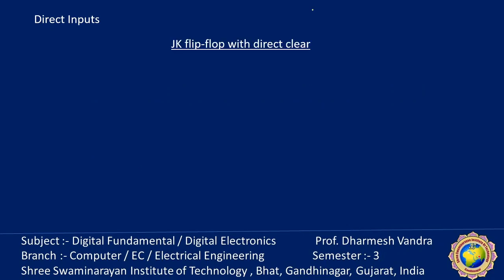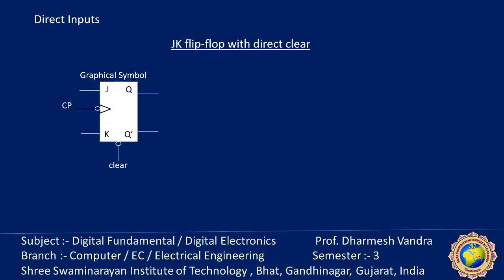Suppose I have a flip flop with direct clear. In this flip flop symbol, this is the edge trigger, and here it is negative. So it means negative edge trigger. It works when the clock pulse changes from 1 to 0. Okay. If the symbol is like this,